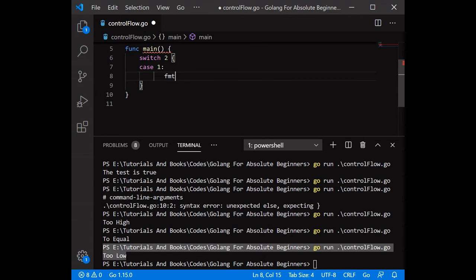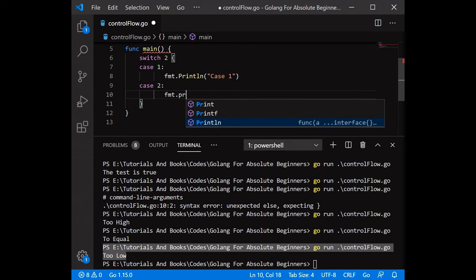In that case we will print case 1. So in case 1 we are printing that this is case 1. Within case 2 we are printing that this is case 2.